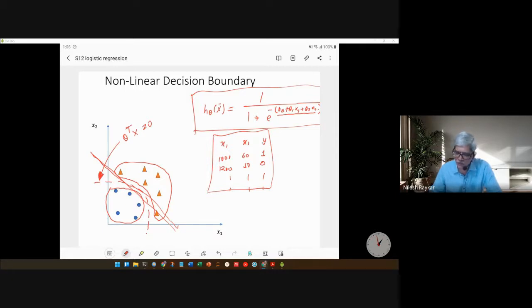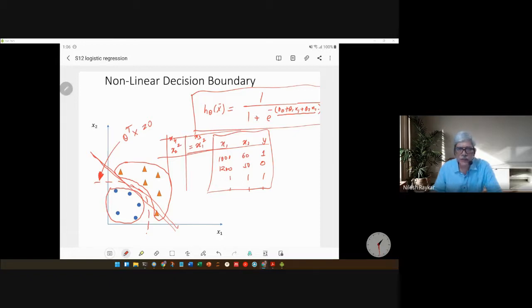Then what you do is you simply expand your problem by adding some new artificial features. So one is x1 square, which you call x3, and x2 square. It need not be square, square is just an example. It could be x1 into x2 or something like that. So add artificial features into this particular problem. So instead of a two variable problem or two feature problem, it becomes a four feature problem.